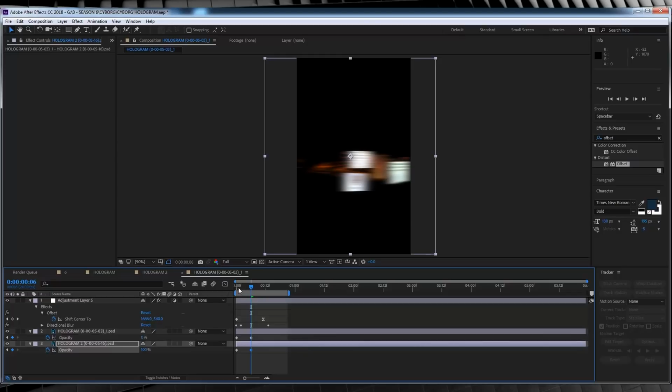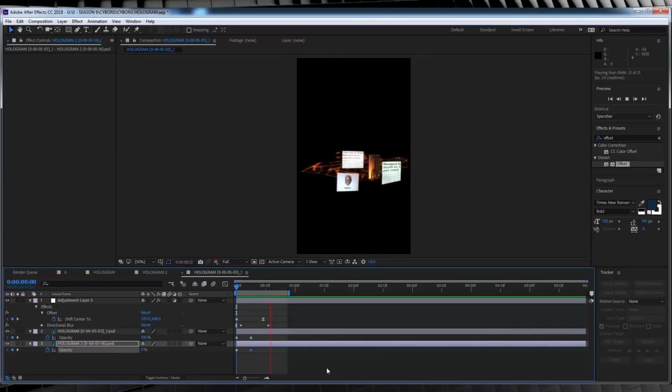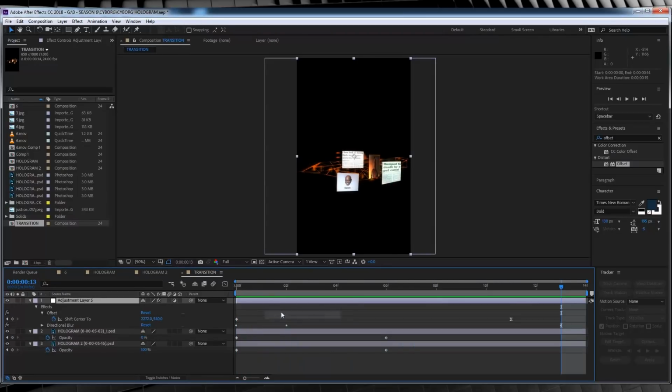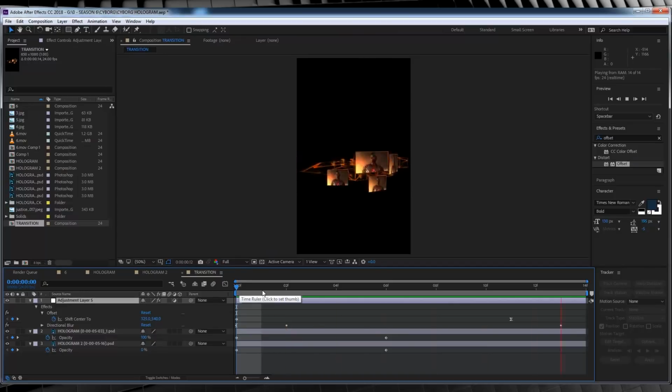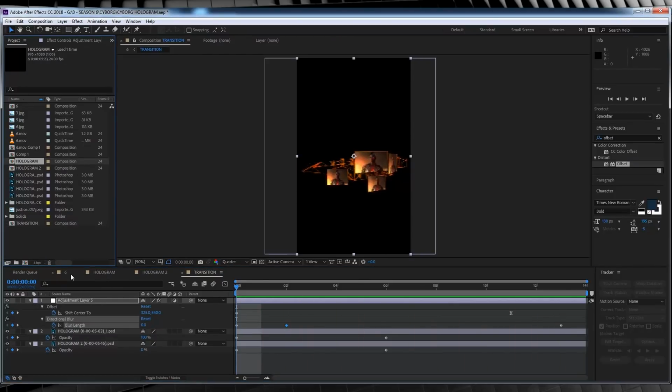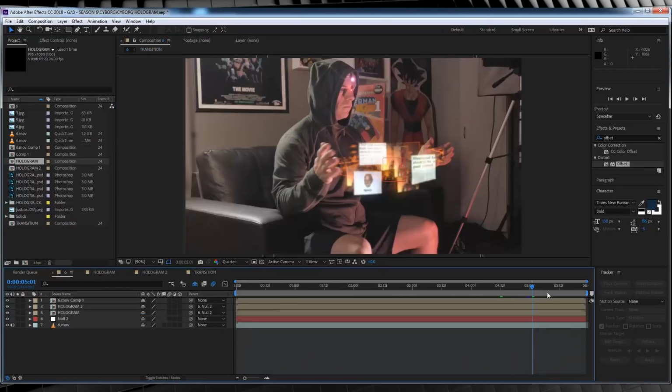Let's now check out a preview of that. As you can now see, our offset starts, blurs out, and we transition from one hologram to the next. Let's then right click and trim that comp to the work area so that it finishes on the final frame of our animation. Okay, now all we have to do is jump back to our final shot and integrate this